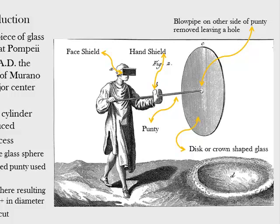The history of glass. Glass is a very old product. It's very strong. It's stronger than you think. I toured a house this weekend at the TSA convention that had, I should have pictures. I do somewhere, but it'll take me too long to get them up. But it had,